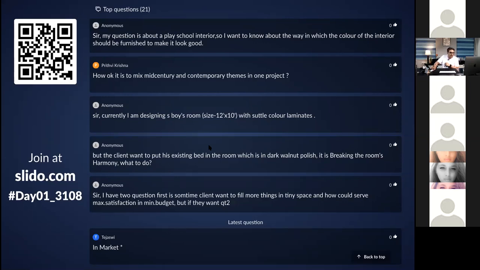Veena says, I have 10 flats and all have the same space shapes, like kitchen, bedroom, drawing room. How could I do different designs in all? Okay, Veena, you don't have to worry. If you have 10 flats, I'm sure they belong to 10 customers. The customers are different, so the tastes are going to be different. Ask them what they want and just go ahead and deliver what they want. It is automatically going to be different from each other.